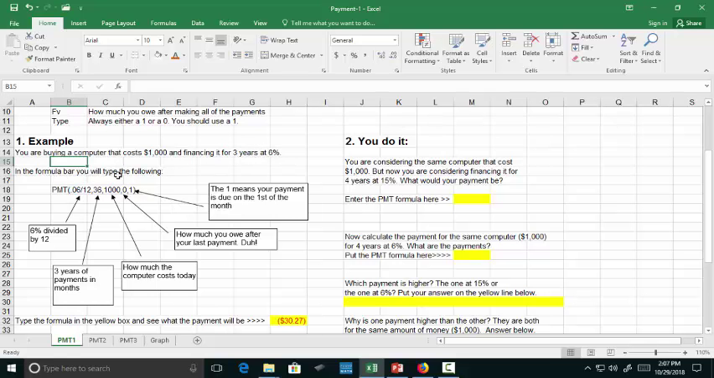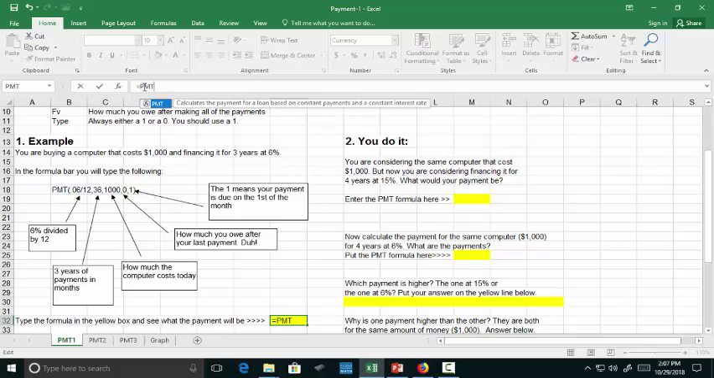In the formula bar we will type the following. Alright, so we have equals PMT, the payment function, open parenthesis, to enter the arguments. The first argument, the rate, it's 6% per annum, so it's 0.06, that is 6%, divided by 12 to calculate the monthly interest rate, comma,